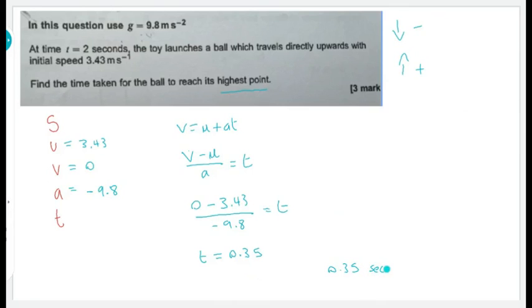I'm assuming there's a part C to this. No. Really? No. Oh. Why did they give us this piece of information then? It's very unlike exam questions. Is this an exam question? It is, but it's a booklet of just questions. Okay. It's very interesting that they gave us this at time t equals 2 seconds, because